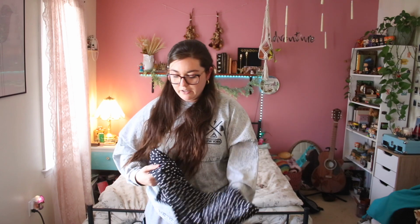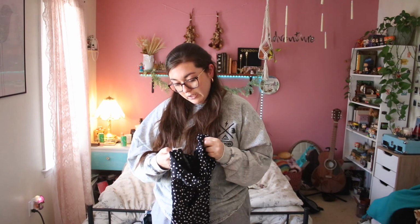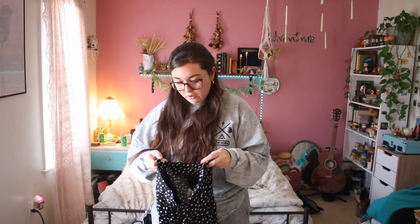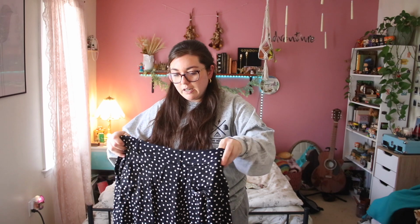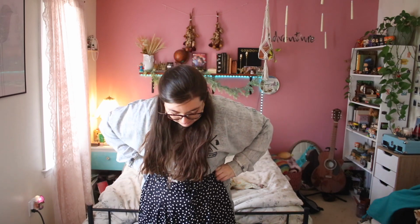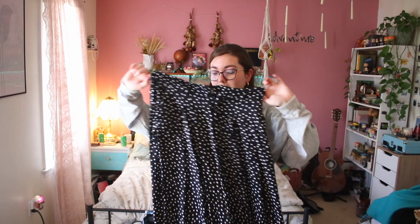Okay, then we have these pants here. I'm really excited about these. There is no stretch, so we'll see how this one goes. This is in UK 14, US 10 from Anthropologie. I think one other thing from Anthro, and it fits big, so we'll see how this one fits. I think this one might be a little tight, but they look really pretty. They look like they're gonna be super, super cute, so I'm excited to try these on. Just a nice pair of black and white